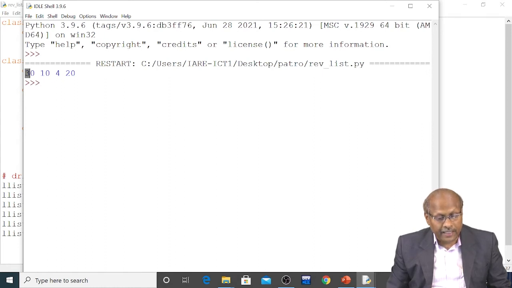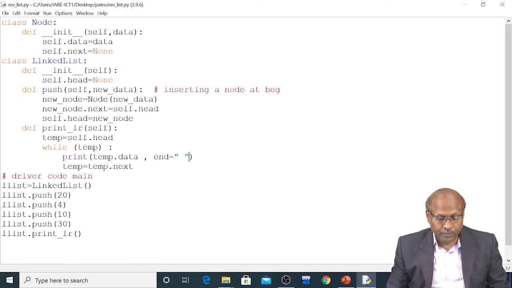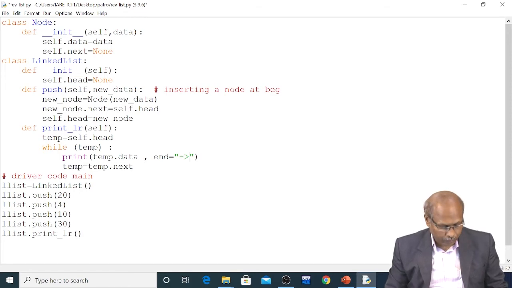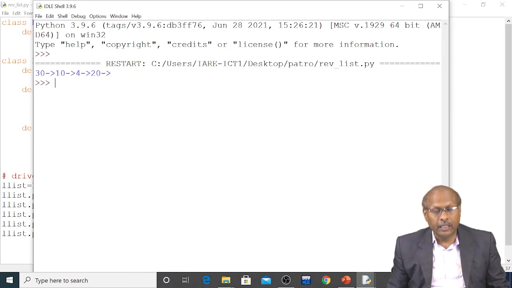After 30, there must be an arrow mark, because generally in a linked list program the arrow mark is supposed to be there. So I will put an arrow mark after that. Control S, F5. Yeah.